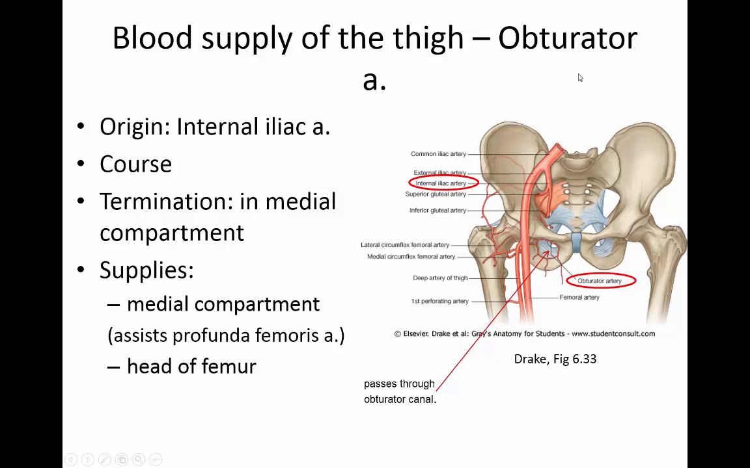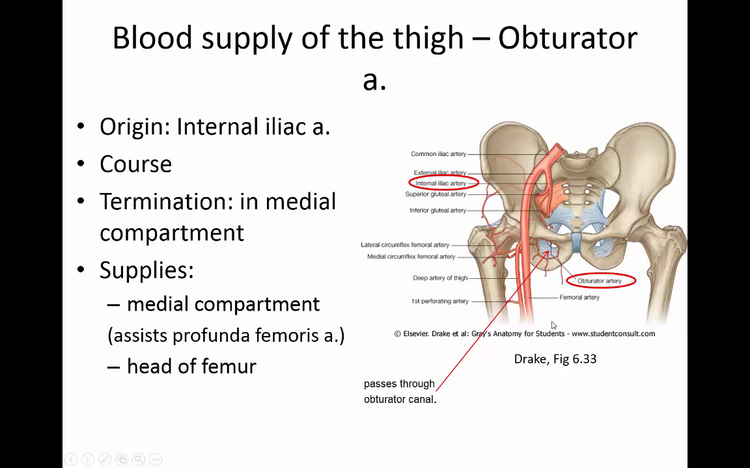Now, once again, the abdominal aorta bifurcates into the left and right common iliac arteries. The common iliac artery bifurcates at the sacroiliac joint to an external iliac artery and an internal iliac artery. So the origin of the obturator artery is the internal iliac artery as it passes through that obturator foramen. It terminates in the medial compartment,